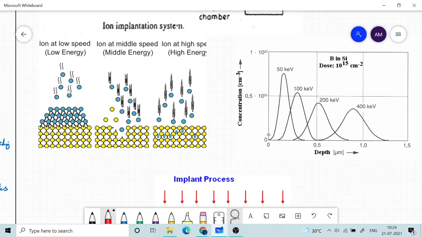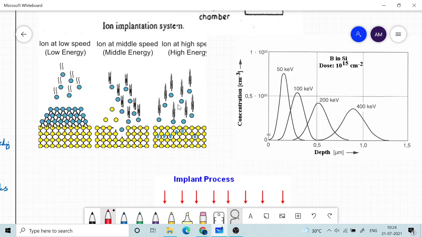Low energy means these ions will come and just sit on the top. That is not what we want. We want to dope the material. Now if you increase this ionic energy, what will happen? It will disrupt basically the top layer. The silicon atom will go out, and then the boron atom will sit on the surface, okay. It will replace those. So that is also not desirable. What is desirable is these atoms should shoot inside. It should be highly energetic itself. There should be sufficient energy to make it go through the spaces between the silicon atoms and get finally stopped at some place underneath the layer.